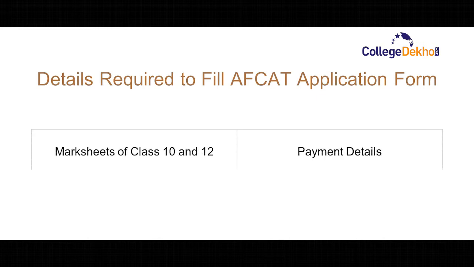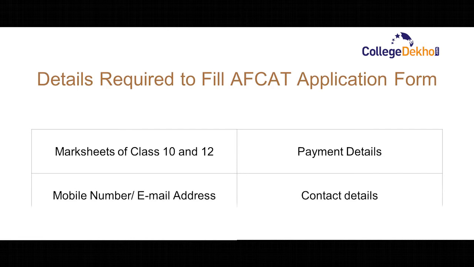Before starting filling the application form, you have to register yourself by clicking on the Register Now button. You have to fill in some basic information including full name, father's name, mother's name, email address and mobile number. You also have to choose a secret question along with its answer. You are advised to keep some of the details provided on the screen before starting filling the application form.